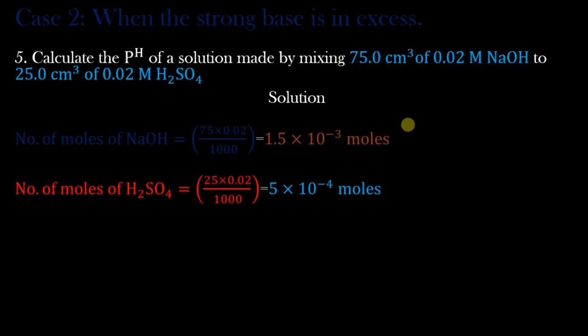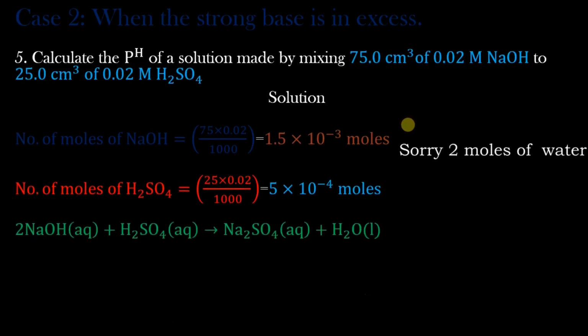Having that done, our next step is to write the equation, and we use it to calculate the number of moles of the excess reagent. So sulfuric acid reacts with sodium hydroxide in a ratio of 1 to 2. So 2 moles of sodium hydroxide reacts with 1 mole of sulfuric acid. And since the sulfuric acid is limited, as you can see from the number of moles calculated, sulfuric acid is actually very small. So it will react completely,